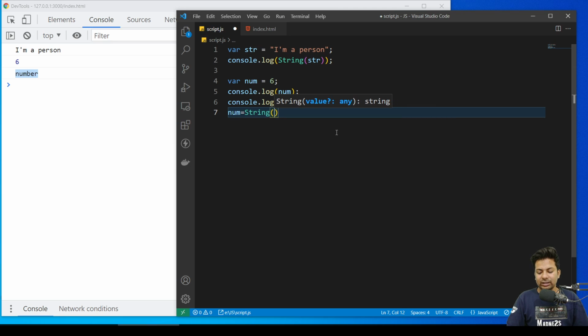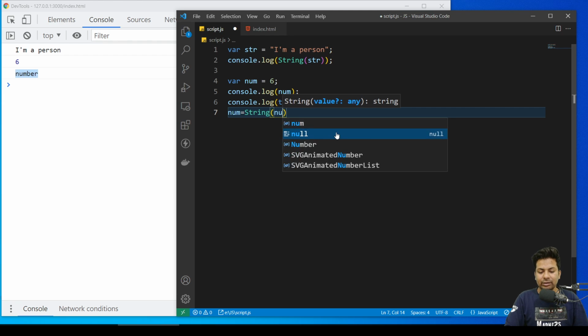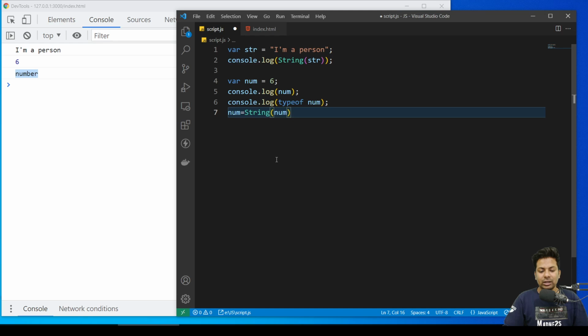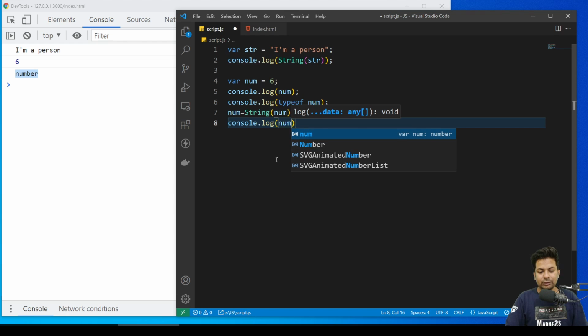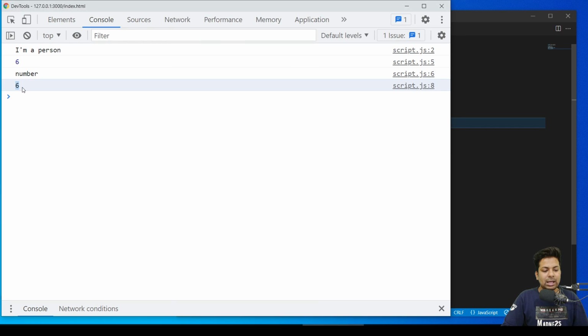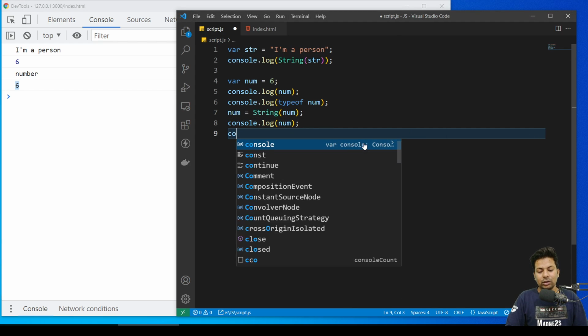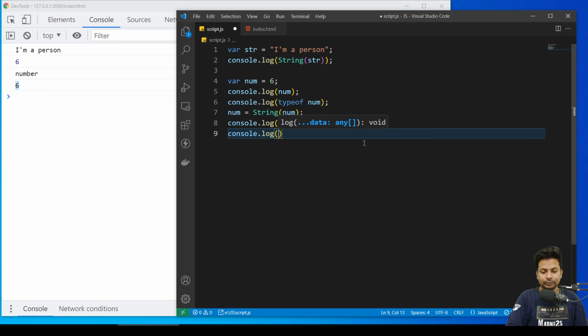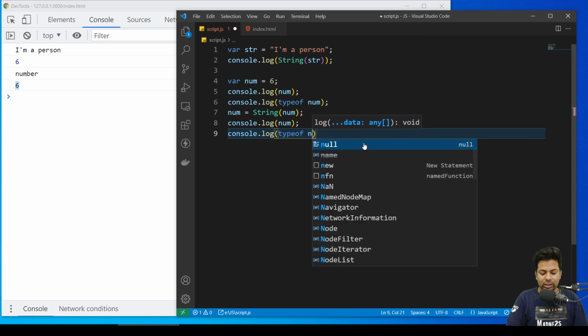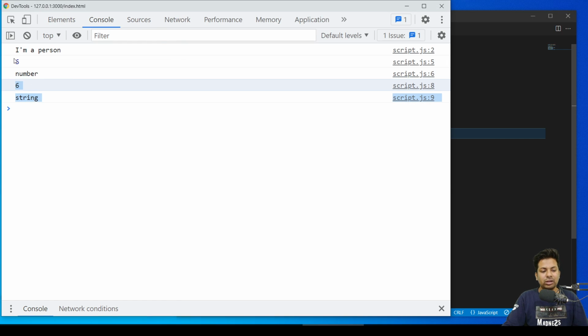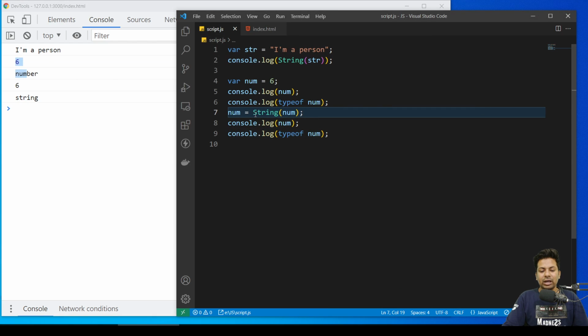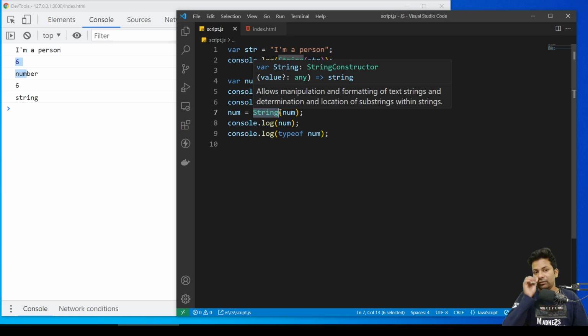You can directly write 6 also, but most probably you'll have it in a variable. Now you say console.log number. You can see it's now in black color. Before it was blue, now it's black because it changed to a string. Now you say console.log typeof number. See, it's now showing string, because I have converted it into a string. So if there is any number, you can directly convert it to a string.